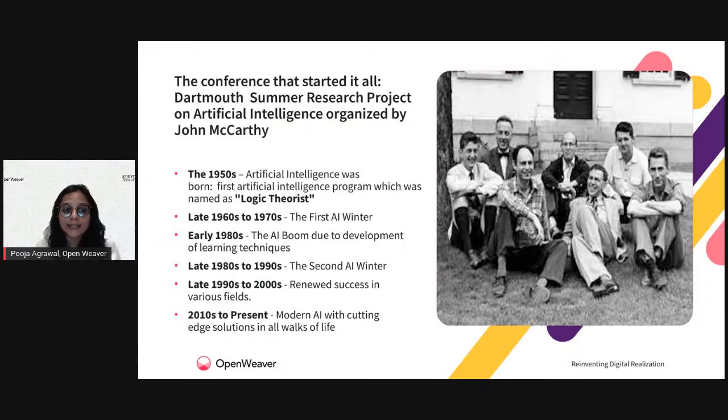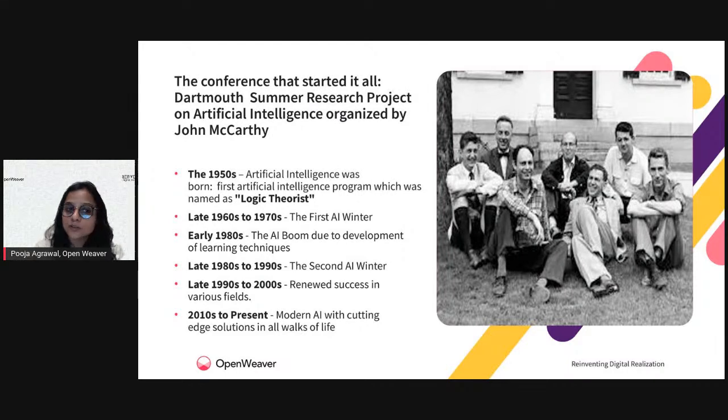It was only in the 1990s or the 2000s that they showed great success in the various fields where you can use artificial intelligence. And if you talk about today, this has become really cutting edge. We are using Siri, Alexa, Google Assistant, and not just these voice assistants, but so much more in our driverless cars, and our sensor based systems in the internet of things are all employing artificial intelligence to gather a good amount of data and then analyze that data to perform a certain task automatically.